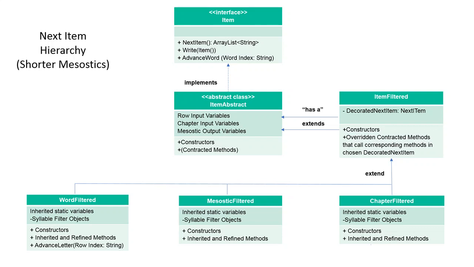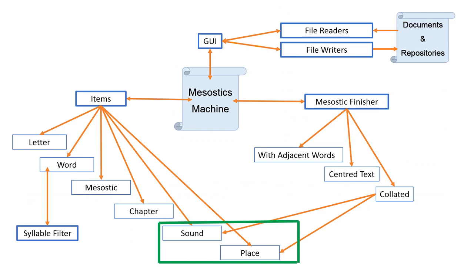So it has Word within it, and then by incorporating these various syllable filtering objects, it's doing something a bit more complicated. It's taking a target word and running it through the syllable filter to see whether it should be selected based on the syllable of the target letter